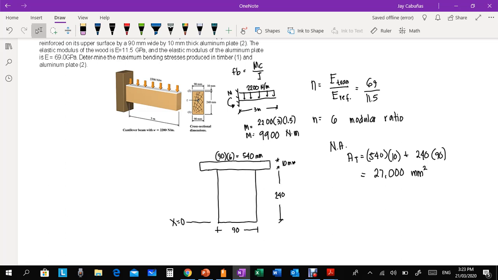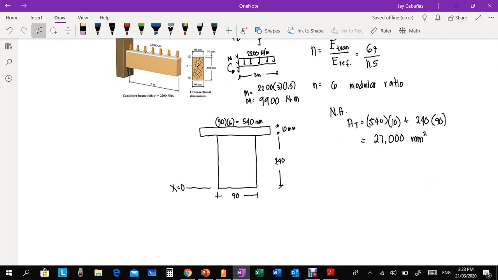Okay, so let's try to solve using Varignon's theorem. We have area total, barred y is equal to the summation of all the area, then y. Tama? We have 27,000. Atong reference kay nadari dapita. Okay, this is our y0 times barred y is equal to, we have 540 times 10